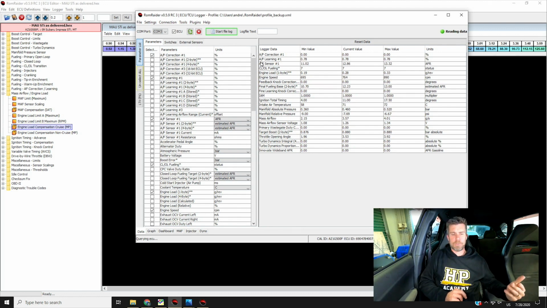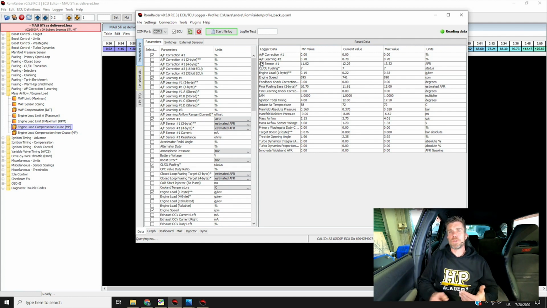You might be thinking to yourself, well, why don't we just log every parameter? Then regardless of the task, we can be assured that we are going to have the correct data available. The problem is, if we do this, the more parameters we log, the slower the transfer rate between the OBD2 port and our laptop. And if the data transfer rate becomes too slow, basically we're going to be missing big chunks of data. If we're only getting maybe a couple of samples every second, then significant changes can occur between samples that we're not going to be able to see.